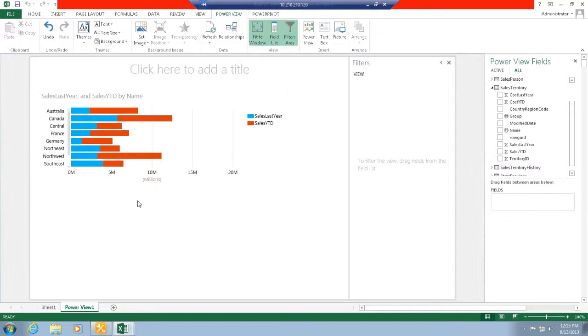Another nice thing in Excel 2013's PowerView is using maps or geospatial. Maybe you want to actually see the sales from Australia, Canada, etc. on an actual map and let users click that information. So I can put another chart on the exact same report. There's nothing that's stopping me from doing that. And I can take, once again, let's say sales again,